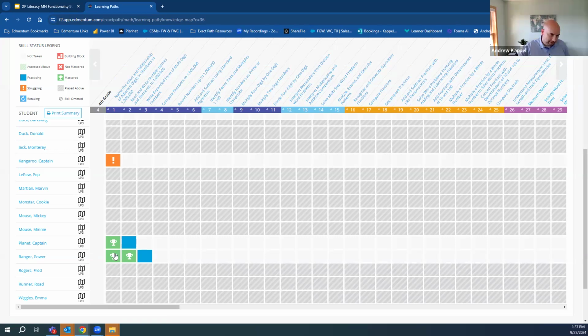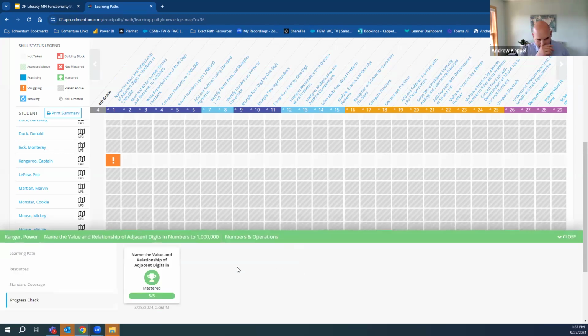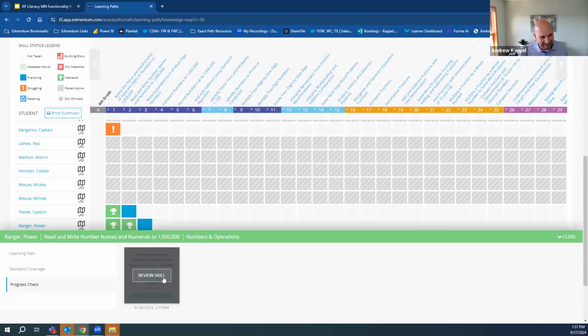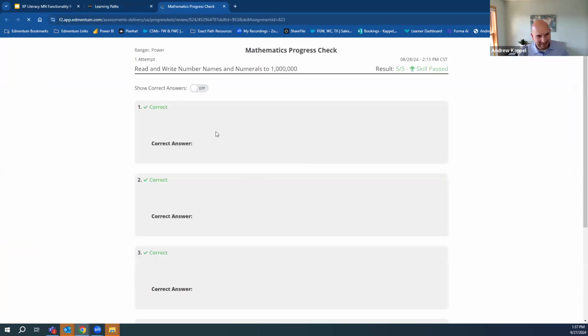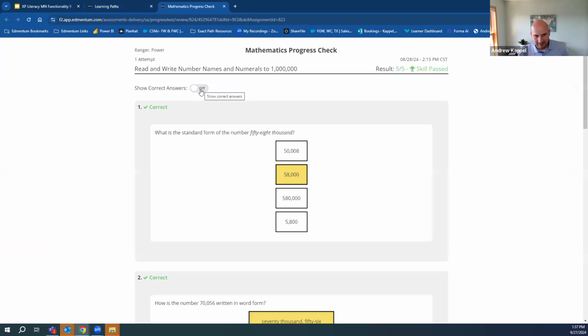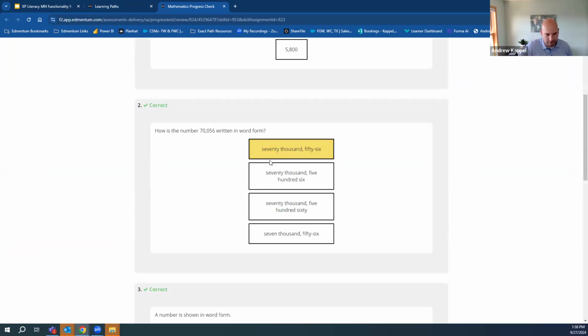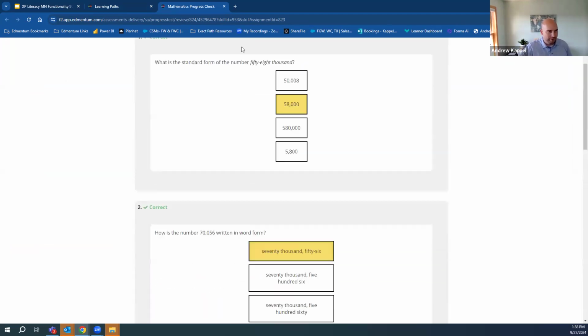So this is going to come back to that question. Let's click on this skill. You can click on these skills that students have worked on in either the current activities or knowledge map, and you get a tray that pops up. This is a bad example, but you can go in and review that skill and see their answers and how they answered on that progress check. You can actually turn their answers or the correct answers on and off as well. So if a student hit 80% and you wanted to review that one question with them, you could do that by pulling this up.